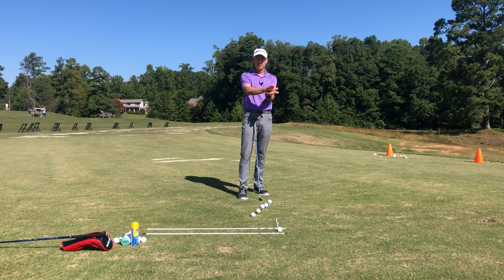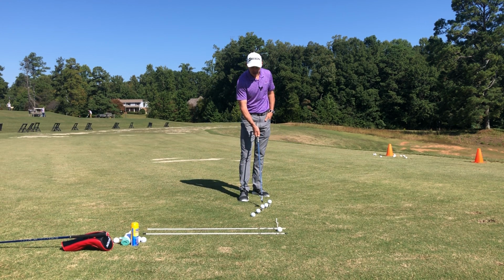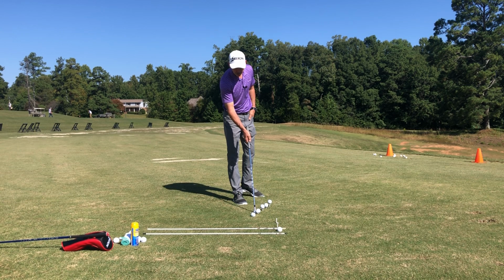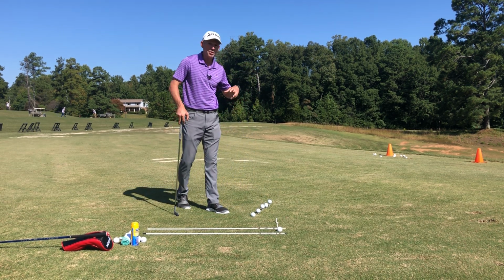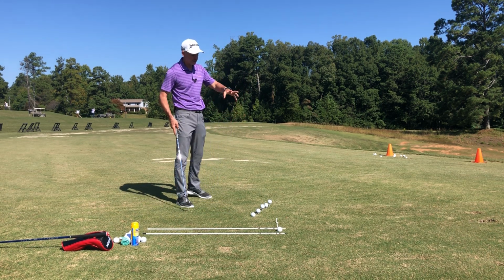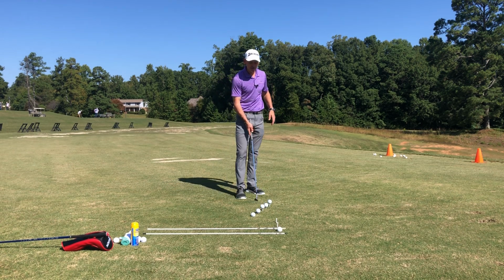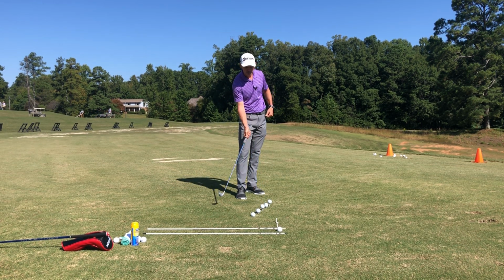Having a ball teed up high is still a skill that we need to learn, as we're going to have balls that are above our feet. But when I tee these up, I'm only going to have one of those, typically, that is going to replicate what I would do on the golf course, let's say on a par 3 when I'm teeing it up. The rest of these are varying. The first one you can see here is very high, but this is going to enhance my skill level with